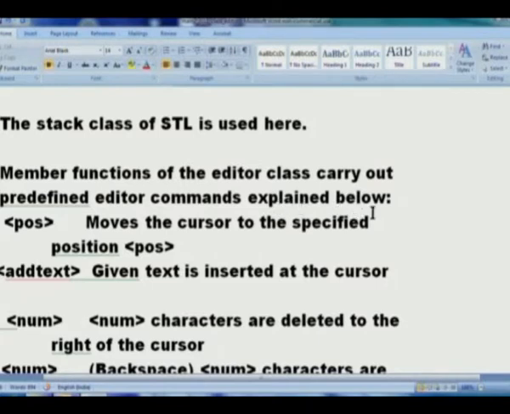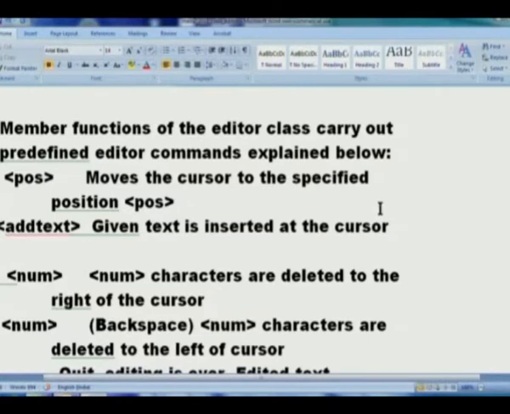Now this is something new. Remember, I am now extending whatever we thought so far. What is it that we thought? We thought that we should have functions which will initialize, delete text, insert text, backspace text, move cursor and finish. Now, how would an end user use these facilities? When you write your main program, in the main program you will collect input from the user.